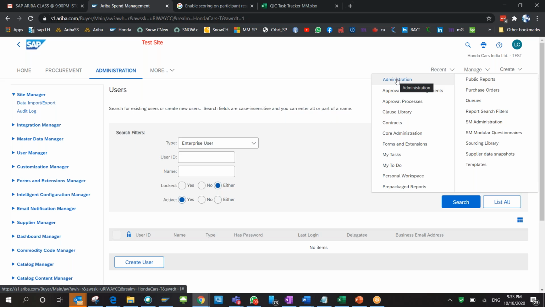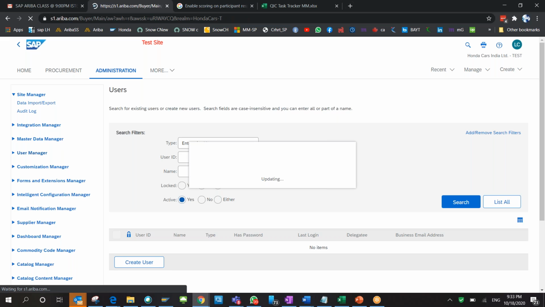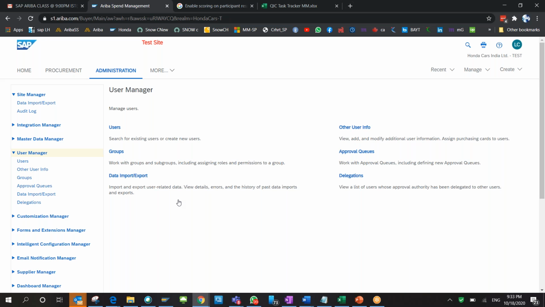I have shown you another realm where I couldn't access the administrator. So this is one thing. Now in the user manager, as I said, we can activate the user, we can deactivate the user. Then you can perform all end-to-end activities